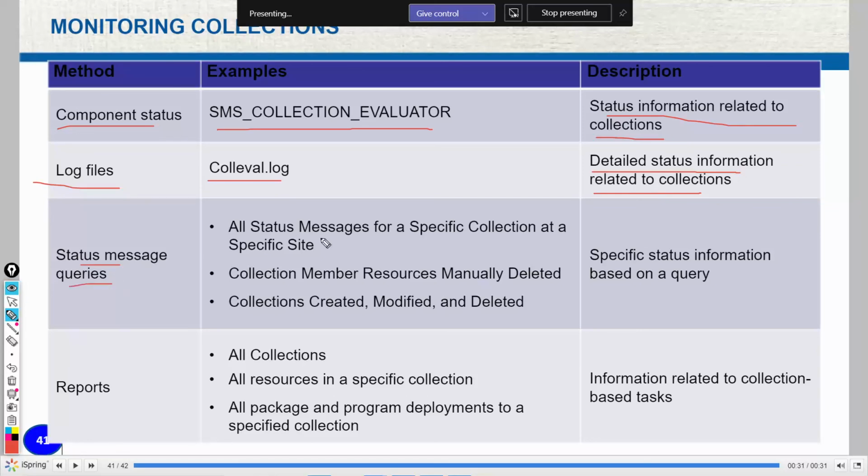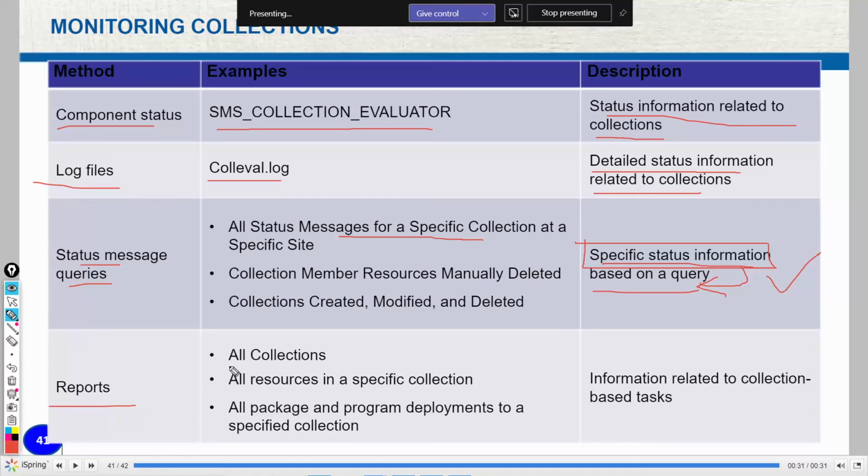Status message queries: all status messages for a specific collection at a specific site, such as collection member resources manually deleted, or collections created, modified and deleted. You will get status messages related to everything, right? Specific status information based on a query: if you want specific status information, you can run a query and you will get that status message.